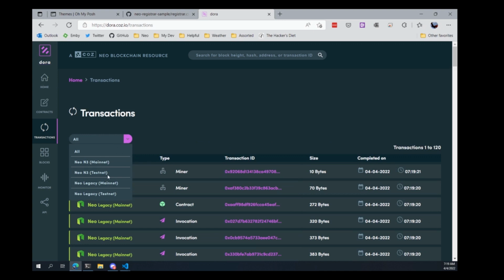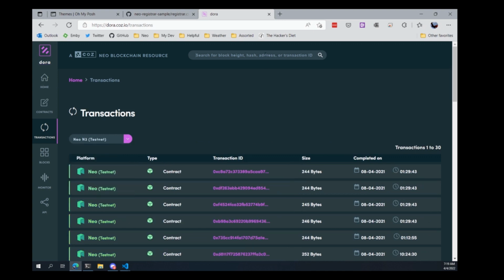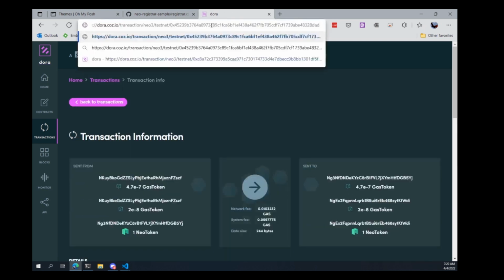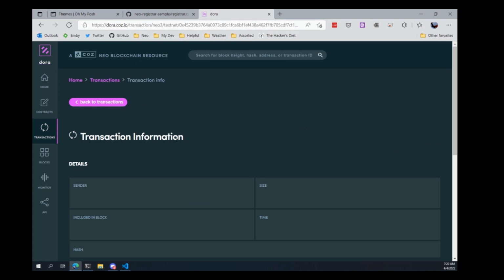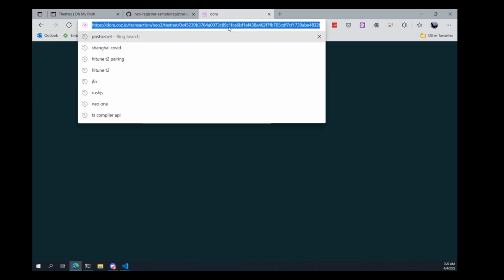Testnet. This was a while back, so here we are. So here's a transaction that occurred. I'm not sure what Dora is doing here. Dora seems to be having a bit of an issue here. Okay, well then we will not see this in Dora. Anyway,